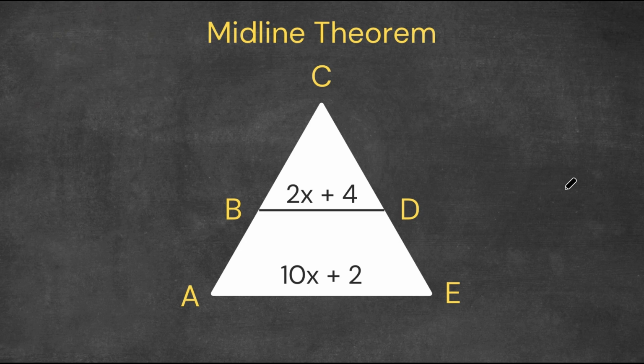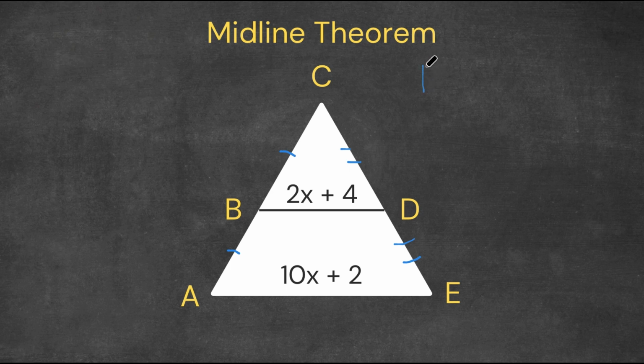Well, if BD is a midpoint, that means the length of CB is equal to the length of BA. And that also means the length of CD is equal to the length of DE. So if this is true, then that means this line is a line segment. And that also means that BD is parallel to AE. So if that is so, then we have the formula